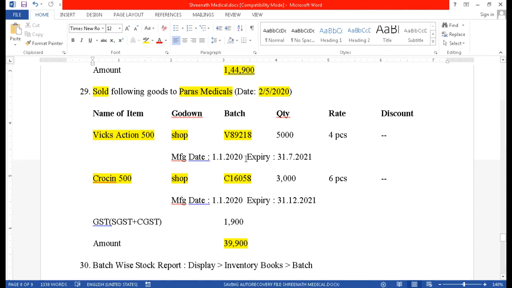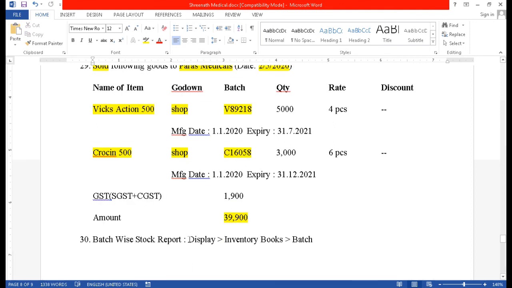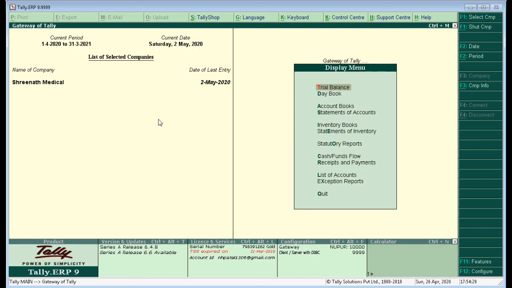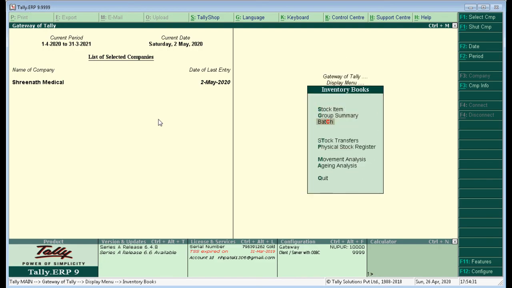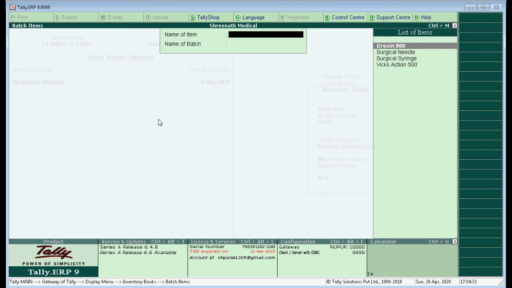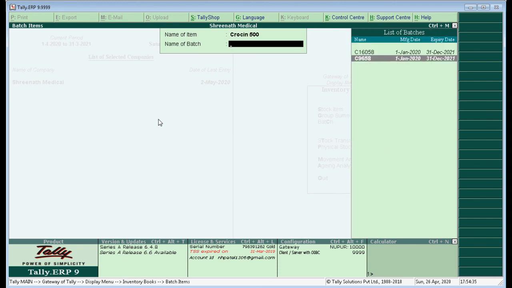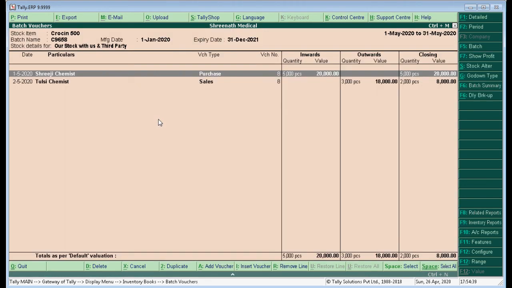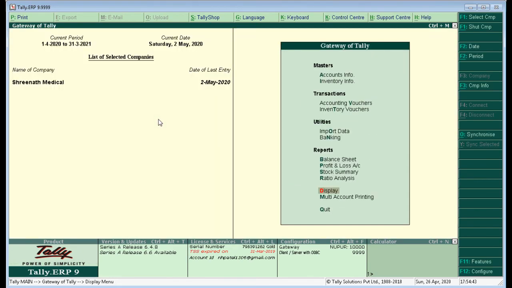date and expiry date. Now we see the batch wise stock report, which you have already seen in the earlier video. We see it again. We go to Tally, display, inventory books and batch. We select proceed. Here we have both the batch numbers listed. We select any of them and we can see inward, outward and closing stock for that particular batch. So this is how the batch number wise stock tracking works in